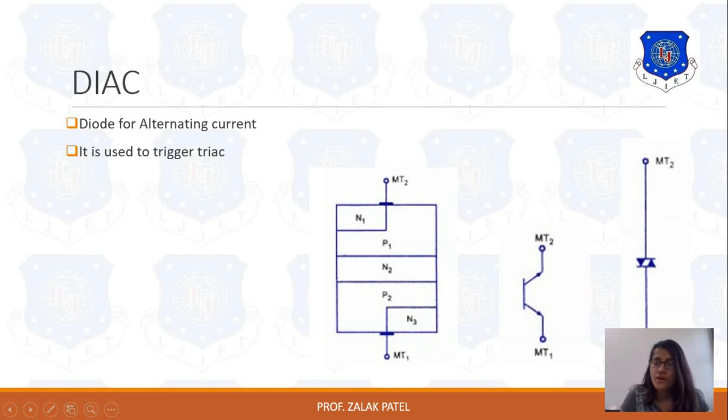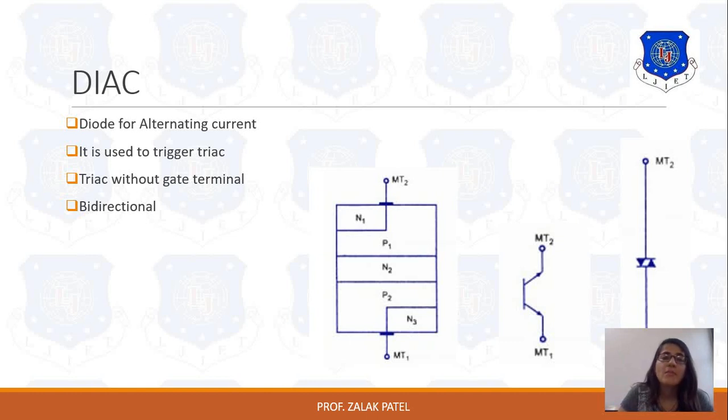Here again there are two diodes but no gate control. Because of this absent gate terminal, it does not have voltage control of the device, but it offers bidirectional operation, means operation will take place in both directions because of the current direction. Here the terminals are named MT1 and MT2.